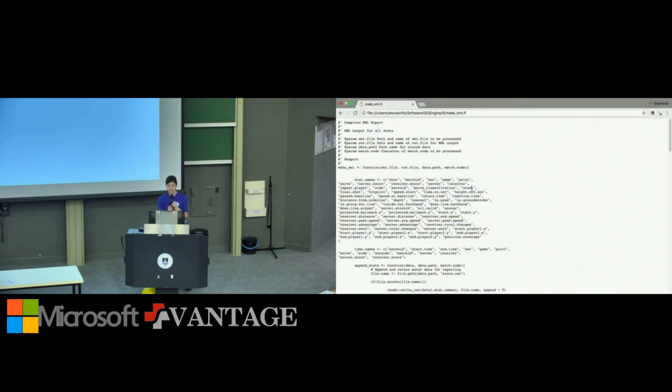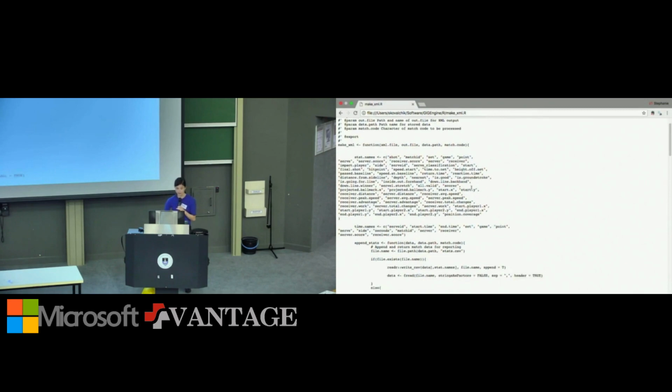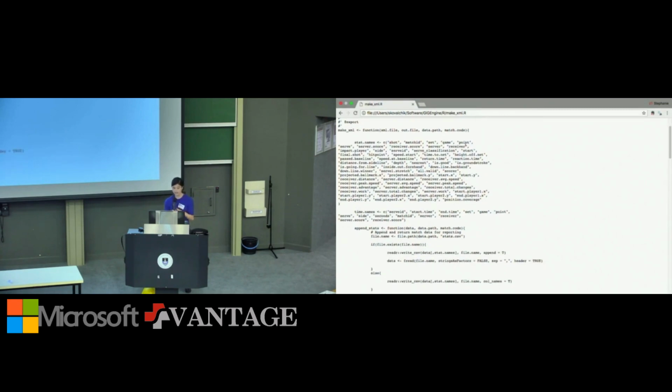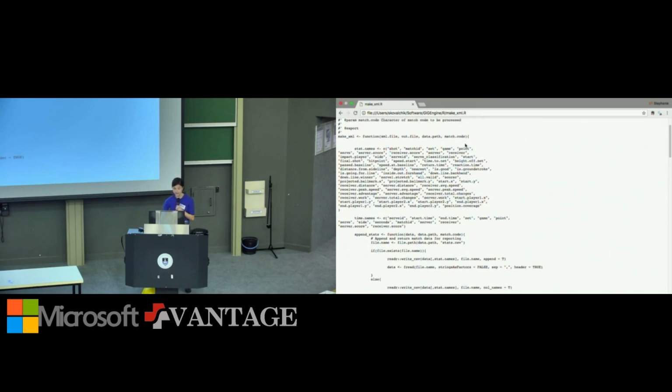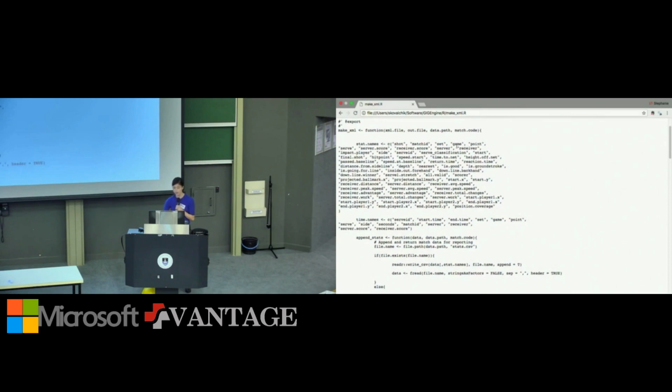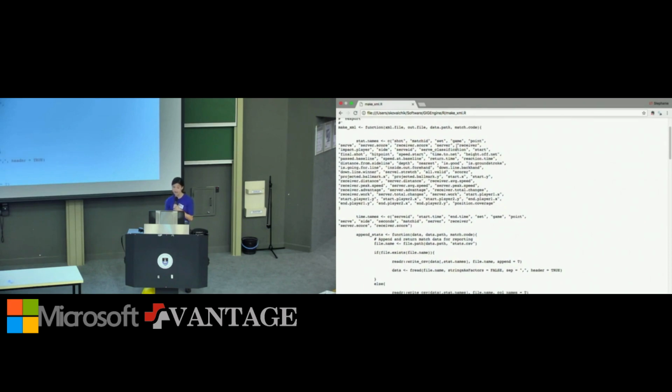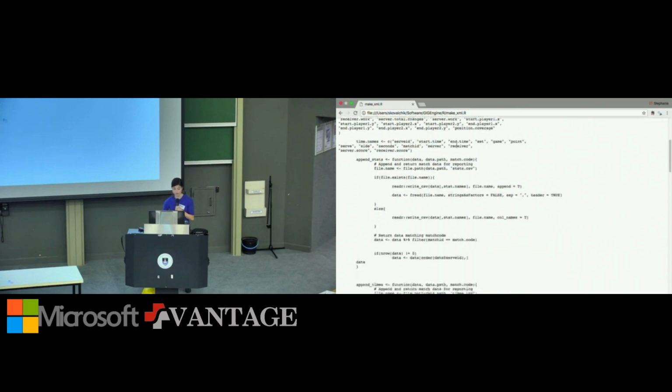To give you an idea of the actual workhorse function and the step that actually creates this XML output, I wanted to have a look at one of our key functions, and that's the make XML, which is really the final step before we produce our output.